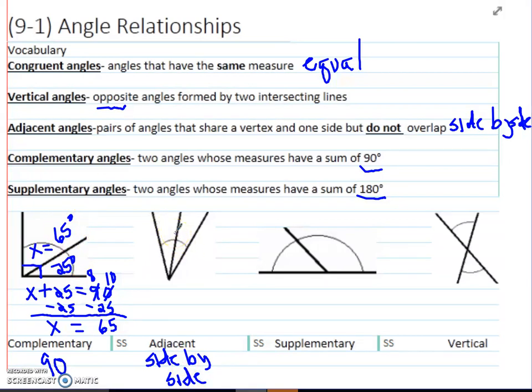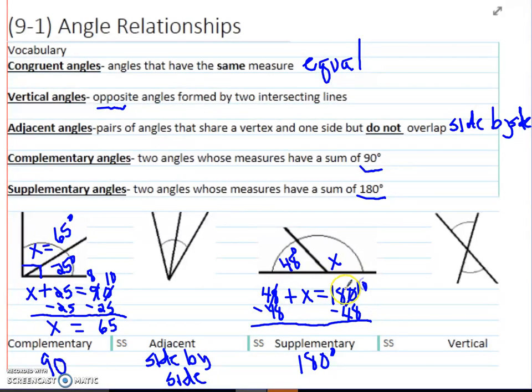These are adjacent. Supplementary is two or more angles that add up to 180 degrees. So let's say that I knew that this was 48 degrees, but I did not know this one. So I could say 48 plus x equals 180. So I would subtract 48 from both sides,